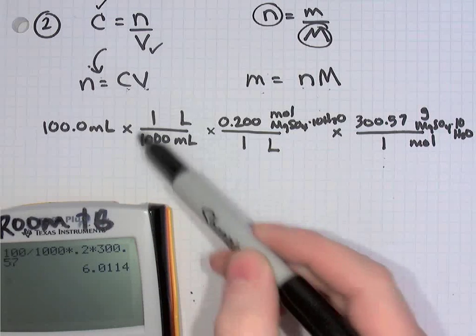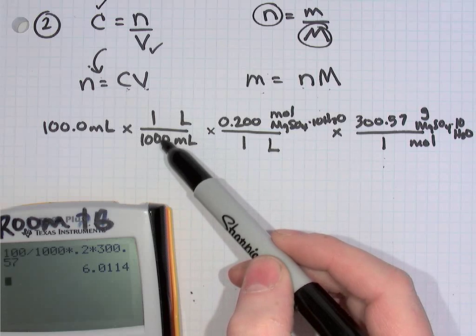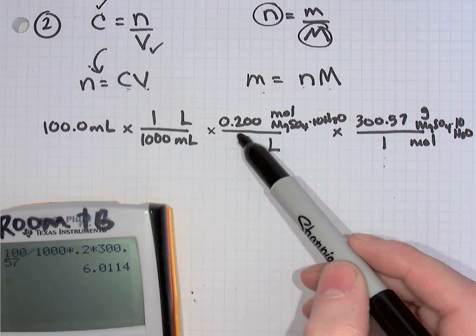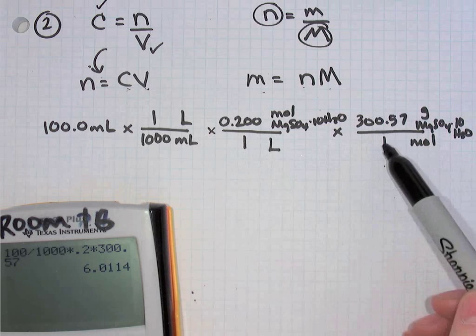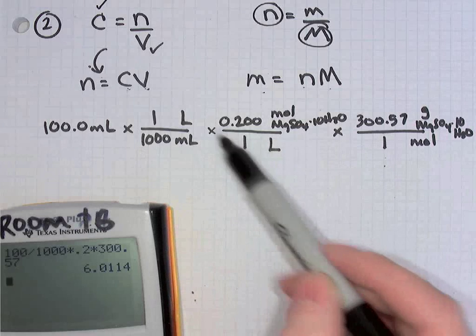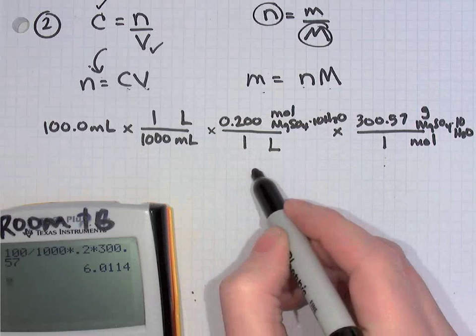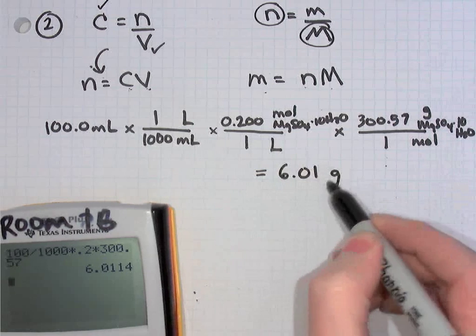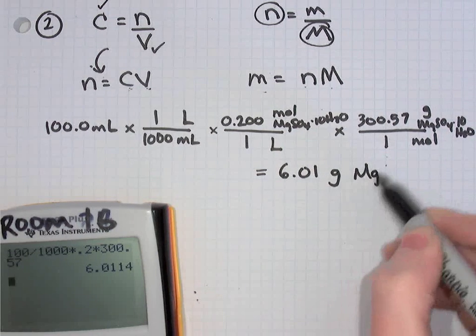This is a perfect unit multiplier, so it doesn't affect my significant digits. There were 3 significant digits in the concentration, and there were 5 significant digits in the molar mass. So multiplying and dividing, there were 3 digits here, so I've got to keep 3 digits in my answer, 6.01 grams of magnesium sulfate